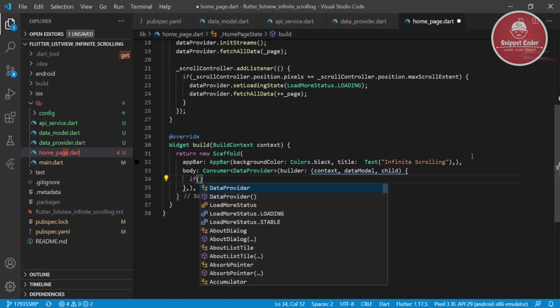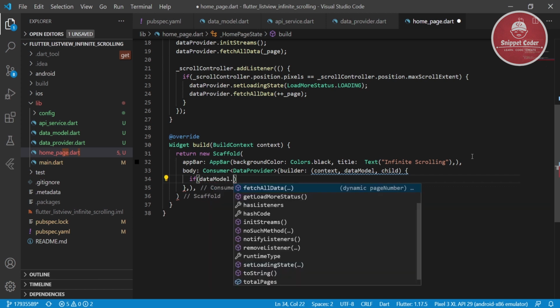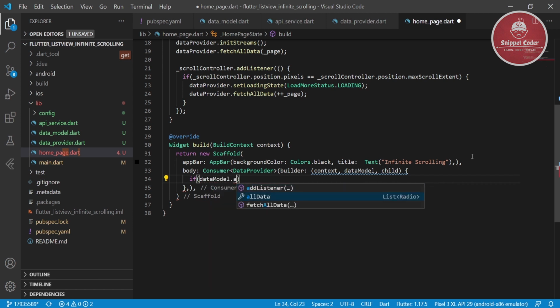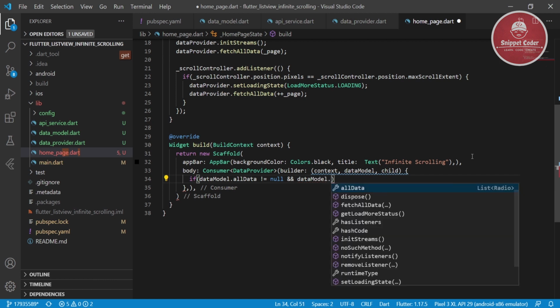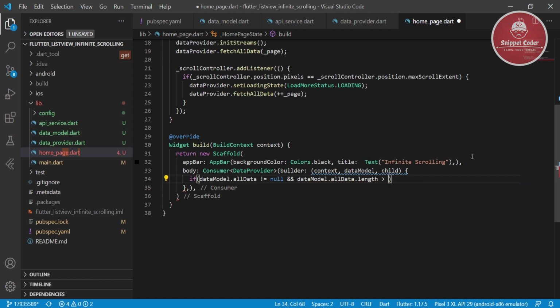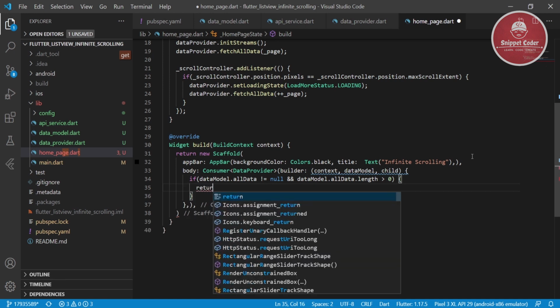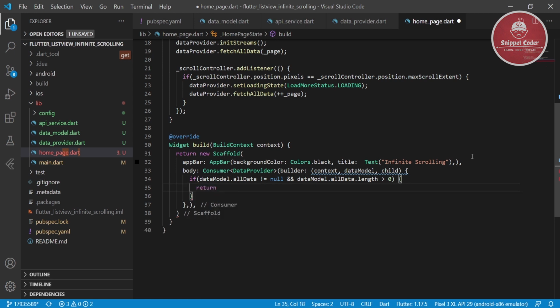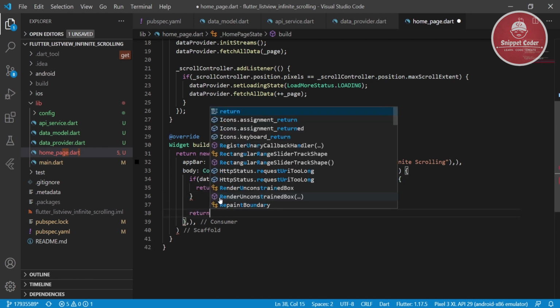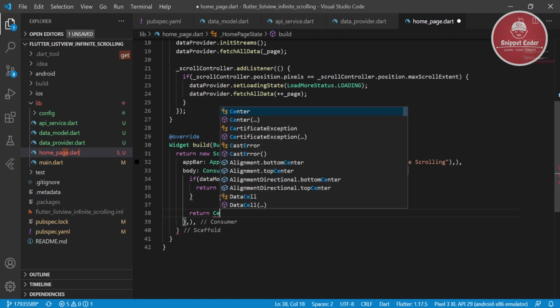And here we will check if data model dot all data is not null and data model dot all data dot length is more than 0. Then we will return our list here. We will create that method also, else by default we will show that loader.